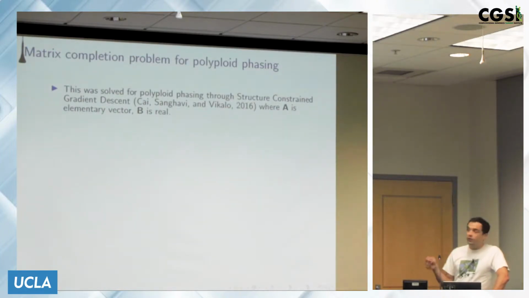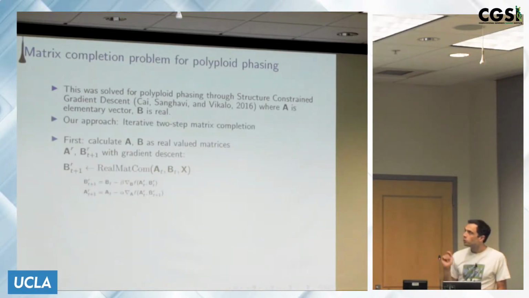So this was first solved through structure-constrained gradient descent in 2016, where A is this elementary vector, and B, instead of being a set of integer values for the read matrix, was not constrained, and so B was this real matrix. So the approach that we have is slightly different. It essentially tries to go from this real valued matrix on the set of reads to forcing it to be